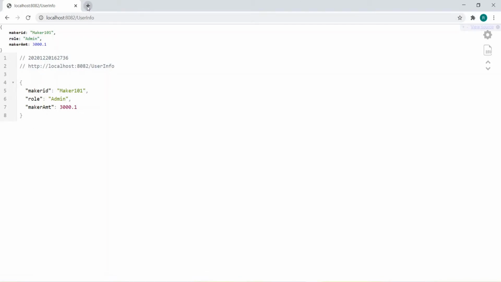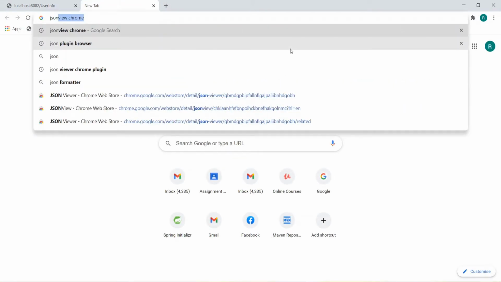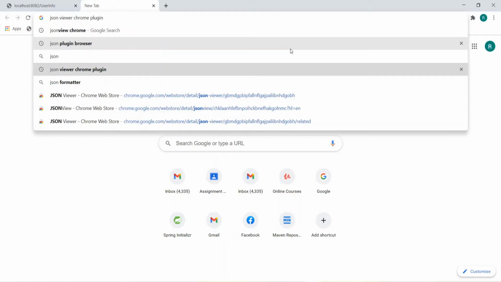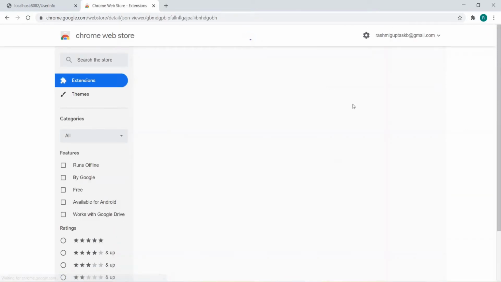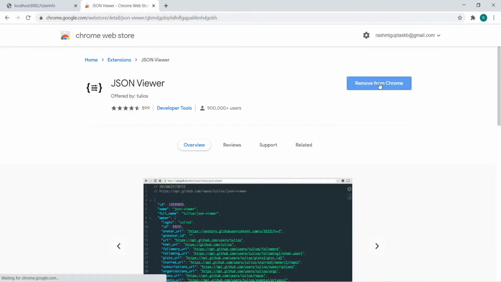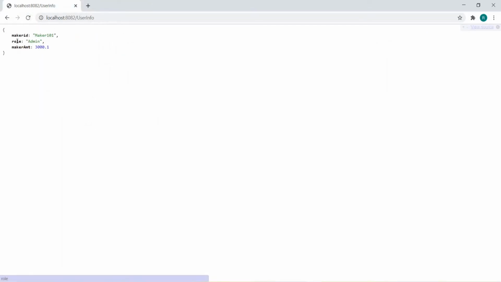So let's remove one of the JSON viewers. The JSON Chrome viewer plugin. Let's click this and remove one of the viewers. Remove from Chrome, remove. Okay, and refresh this. Now fine: maker id, role, and maker amount. This is what we had put.